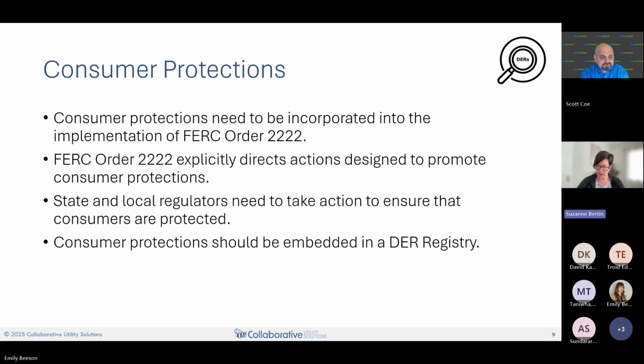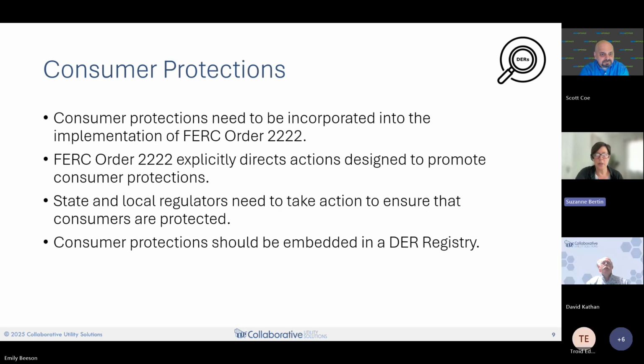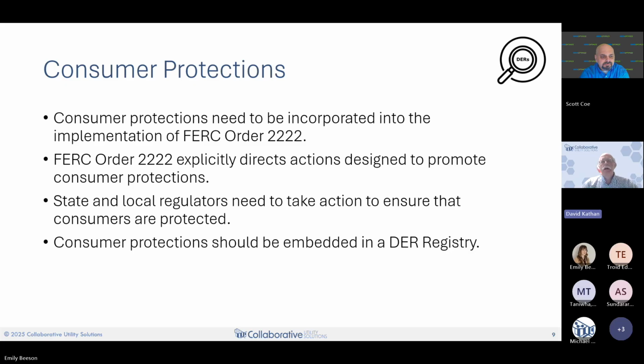With that, I'm going to hand it over to David Kathan, who is going to talk about consumer protections. Thanks, Suzanne. This is David Kathan, and I'm going to walk through a number of slides on the important consumer protections related to Order 2222 and DER implementation more broadly.